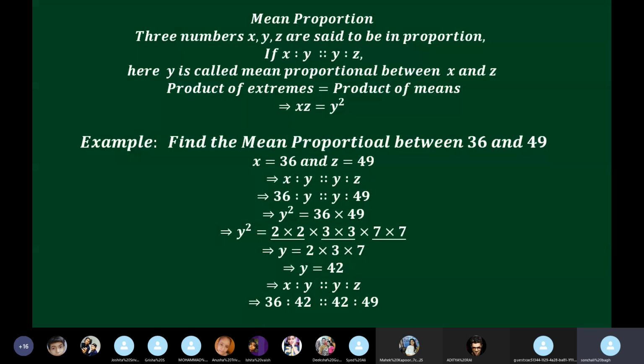Let me see who gives me the right answer fast. The right answer. Ma'am, 9. 9. Is this our final answer? In what form should the answer come? Ma'am, 3 is to 27 proportional to 3 is to 9 proportional to 9 is to 27. Any other answer from anyone? Very good. It's the correct answer.